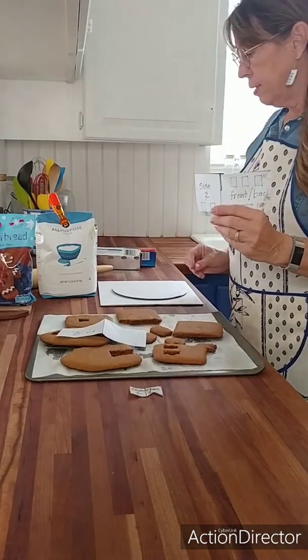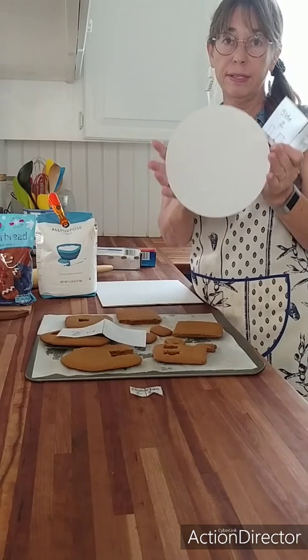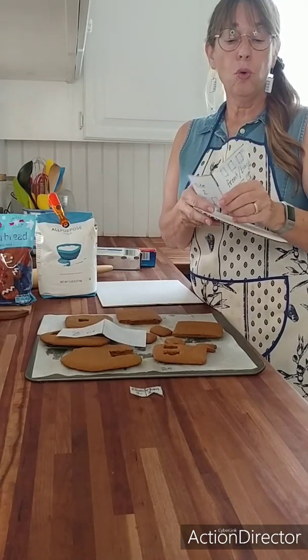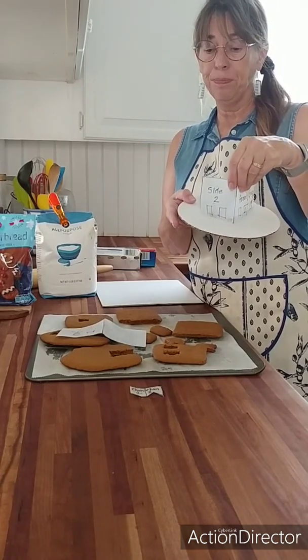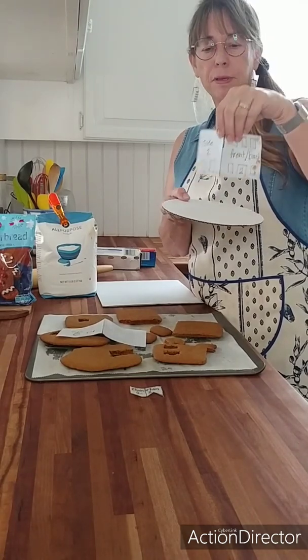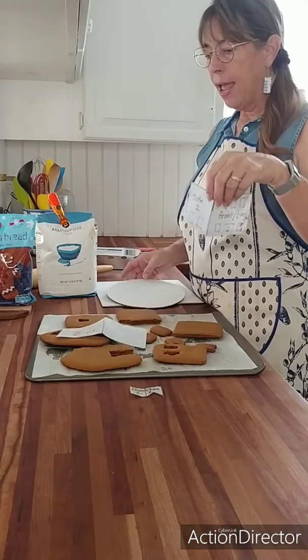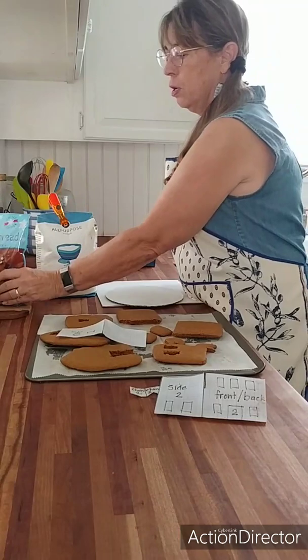Now, keep in mind, for kids under 16 years old, this is the base. This is the size. So you can only make a very, very small little house to go on here. So play around with some ideas. Make yourself some paper patterns, some paper little houses, and once your gingerbread mix is chilled, you want to roll